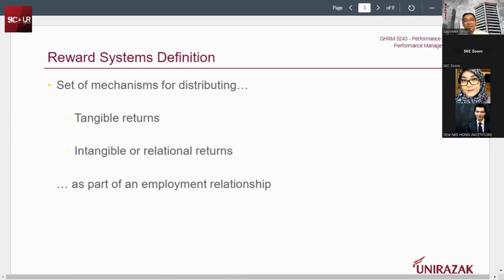Set of mechanism for distributing tangible return, intangible return, or relational return as part of employment relationship. In other words, reward system refers to a structured plan designed to provide incentive or reward to individual or group based on the